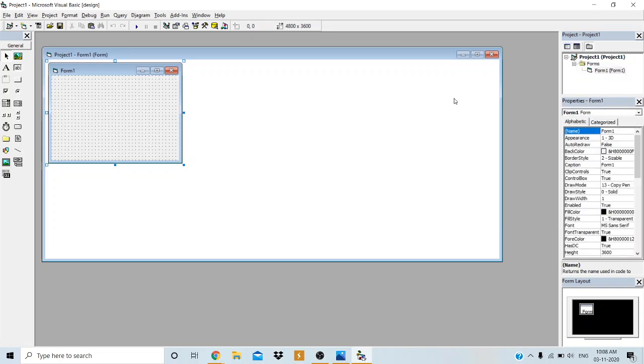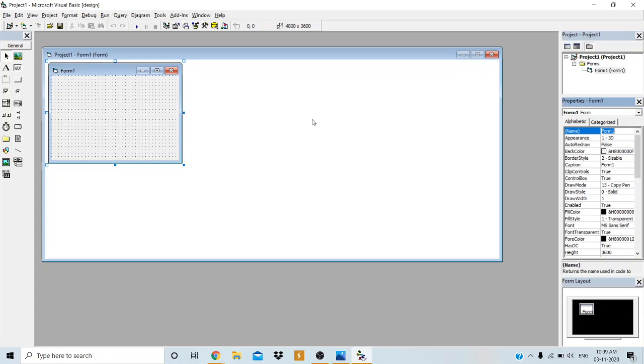Before adding the MDI form, I will add two more normal forms. Already we have one form here in our application. I want to demonstrate this MDI application using three child forms.